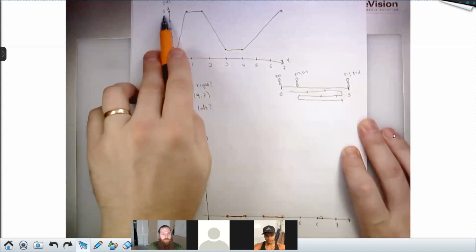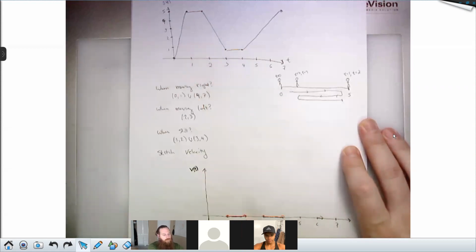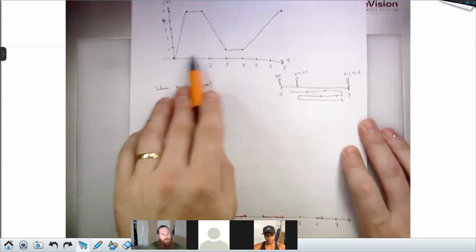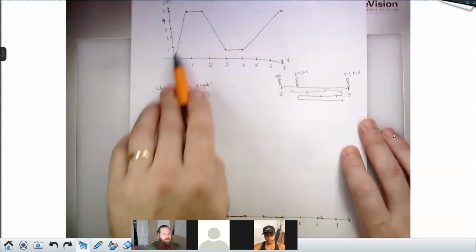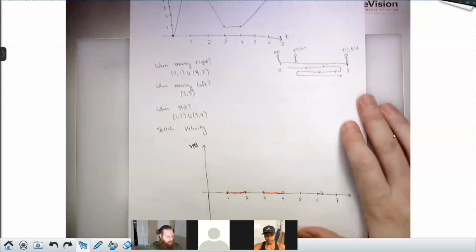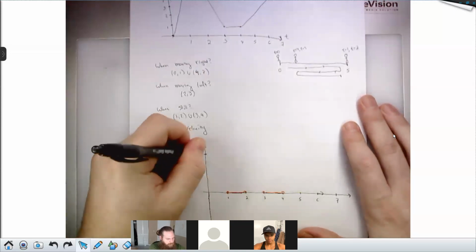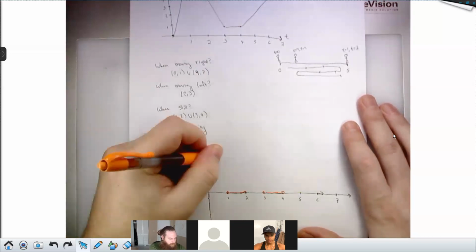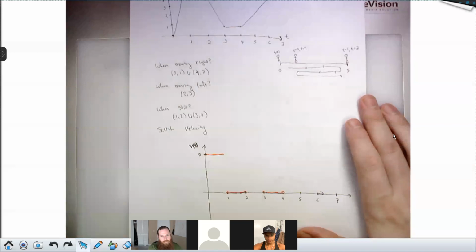I go 5 meters over the time 1 second, and I'm moving in the positive direction. So my velocity here is the distance divided by the time, which is 5 meters divided by 1 second, which is the slope of this line segment. So I'm just going to come up here. I'll mark this as +5. And we know that from time t equals 0 to time t equals 1, everywhere in here, I was running to the right at the constant speed of 5.